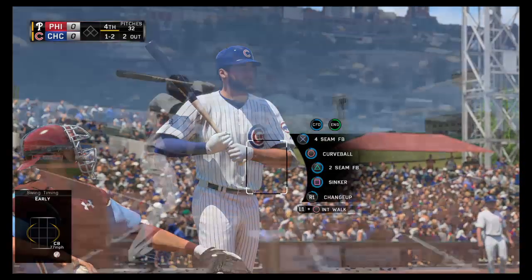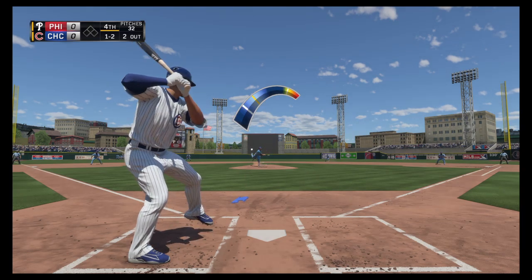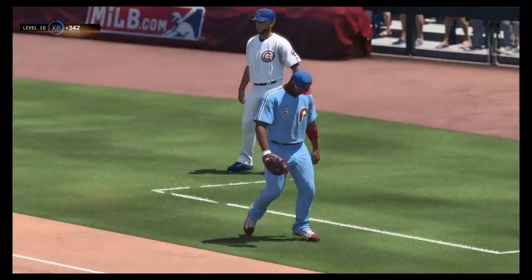Swing and a miss as he pulled the string on him. 1-2. And this has been a common problem for all of these guys. They just can't lay off that pitch down and away. Hit hard on the ground to the right. And he'll step on the bag himself, and the inning is...